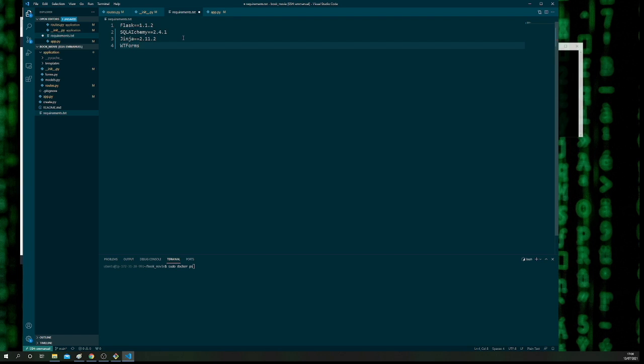WTForms is quite important. It will allow the customer, at the application end, to type in information as they like. So in our specification, the part where the customer will be able to go in and type in, for example, the movie that they like, or the book that they like, this WTForms will take care of that, and we need version 0.14.3. And if we save that,